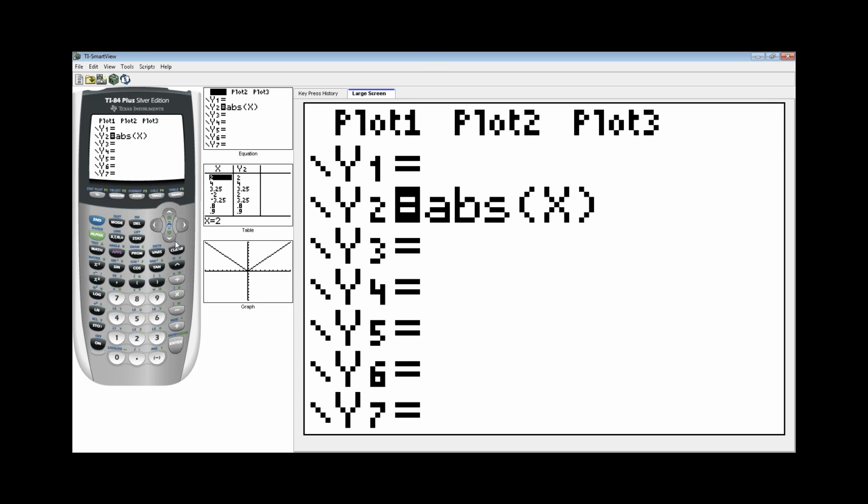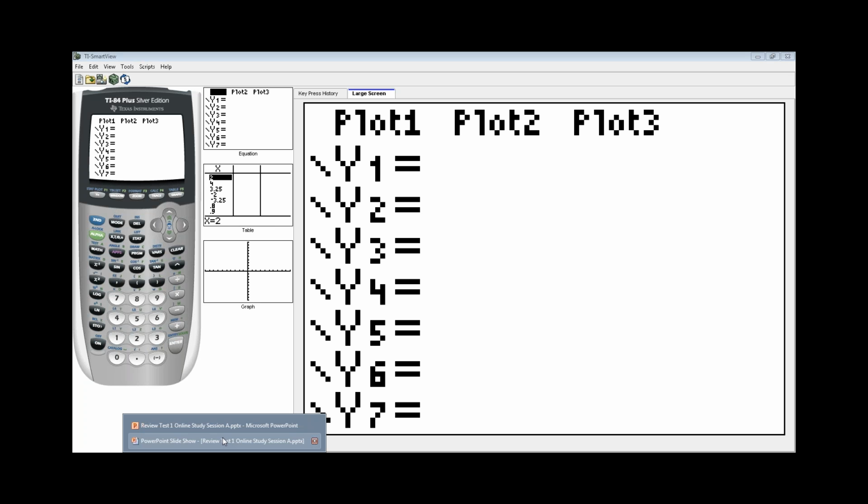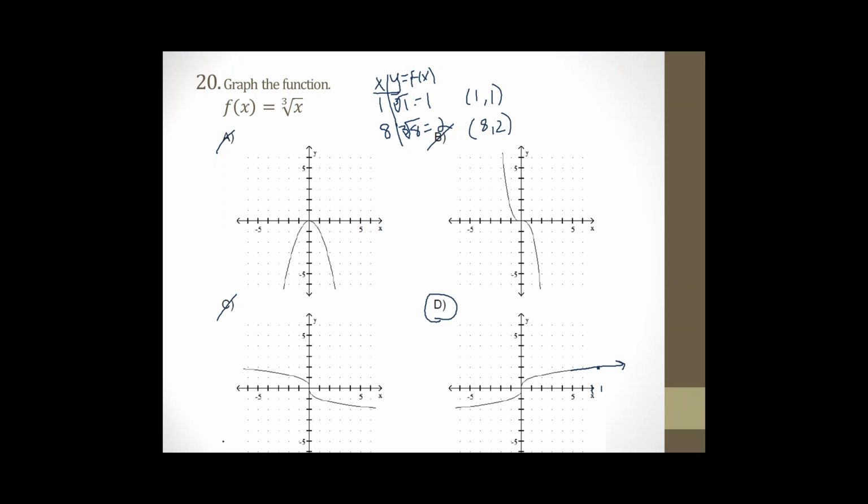Any questions on using the graphing calculator for this test? Everyone knows how to, like Deanna was asking about converting a fraction to a decimal to fraction, anything like that. All right, well,